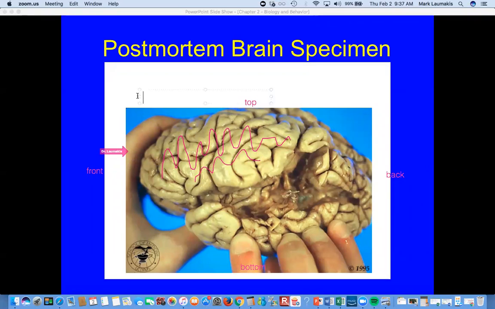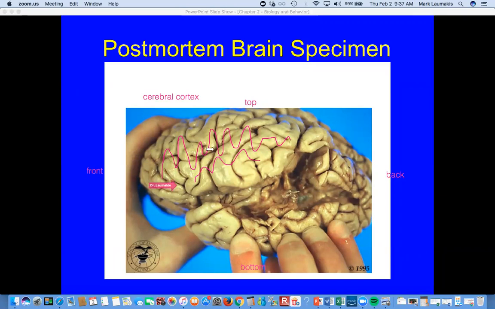I'm going to give you a name for that. That overlying bumpy area, sort of nooks and crannies like you'd have on an English muffin. Now I've ruined that for you for the rest of your life, right? Is known as the cerebral cortex. You'll sometimes hear me just call that the cortex. So the overlying cortex is this bumpy outer shell of the brain that surrounds what we're going to call some midbrain structures. Sometimes you'll hear the term subcortical. That just means under the overlying cerebral cortex. So we're going to look at structures like the thalamus and the hypothalamus and the amygdala and the hippocampus and some other structures. Those are all subcortical.